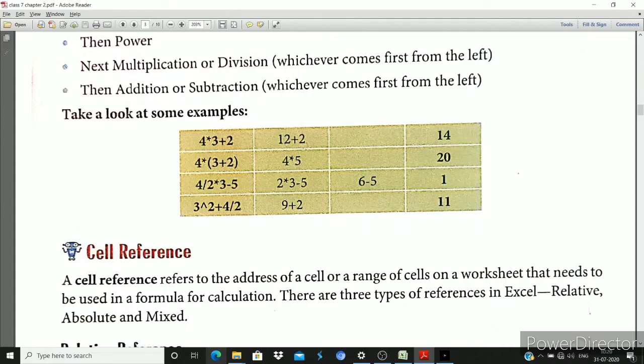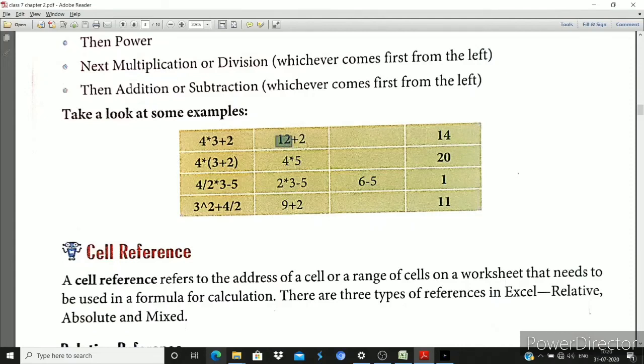The 4 multiplied by 3 and plus 2. So here we have two operators, which are multiplication and addition. Okay, so पहले क्या करेंगे आप लोग, इसमें ना ही पावर है ना ही ब्रैकेट है, तो आप लोग क्या सॉल्व करेंगे, मल्टीप्लिकेशन सॉल्व करेंगे, क्योंकि मल्टीप्लिकेशन का जो प्रेसिडेंग ऑर्डर होता है वो पहले होता है एज कंपेयर टू एडिशन। ओके, सो पहले मल्टीप्लिकेशन सॉल्व होगा, तो फिर वहां पे क्या है आपका 12।